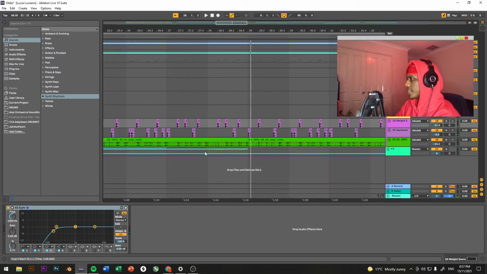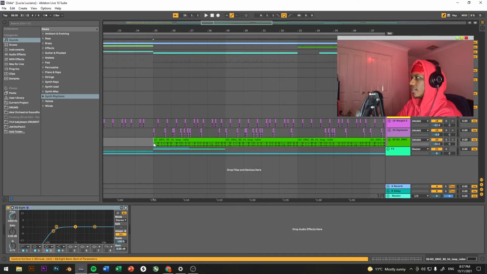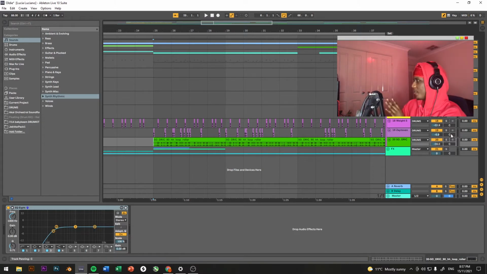So very simple. This hi-hat loop is amazing. I don't know who came up with it. I forgot what loop pack it was from, but it is genuinely amazing. Just using hi-hat samples and trying to play it electronically sometimes just doesn't match what you can get from an actual drum player playing those hi-hats properly.